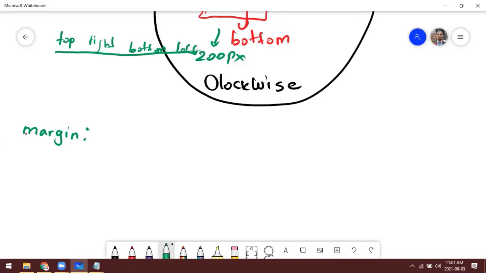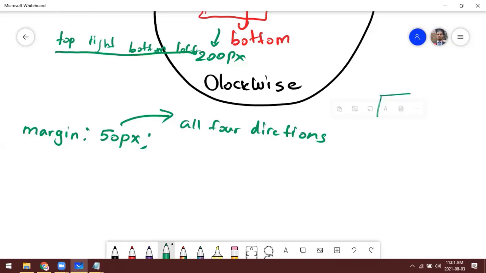detailed, margin, if you apply only one property, for example 50 pixel, this applies to all four directions. Wherever, remember, wherever something is applied to direction, no matter whether margin, background, border, padding, if it matters for all the four directions, then this concept is applied, right?